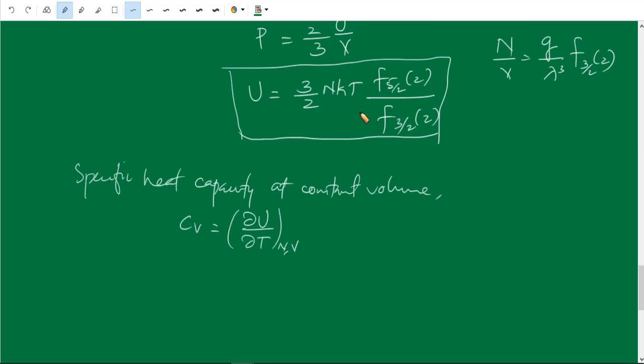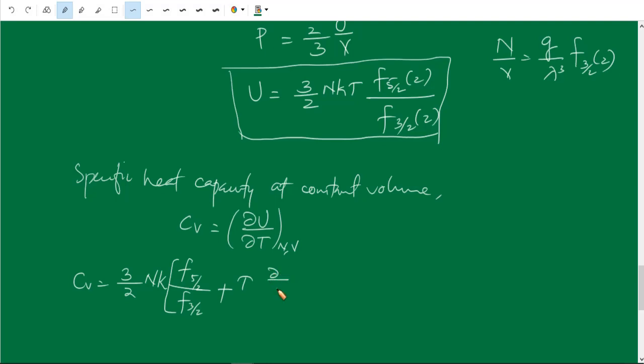So for U, using this expression, we can write Cv is equal to 3 divided by 2 Nk times f5/2 divided by f3/2 of z, plus, so I have differentiated this term. Then next, 3 by 2 Nk is there, T